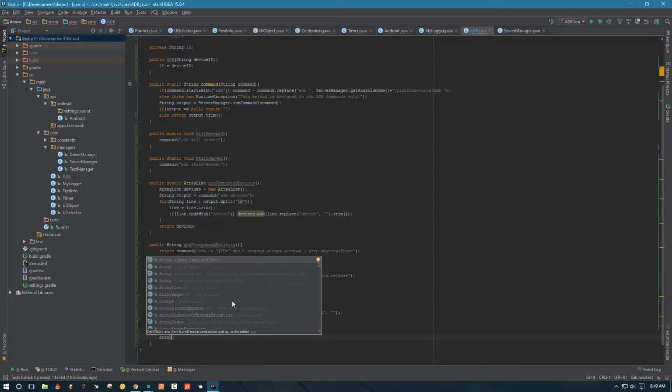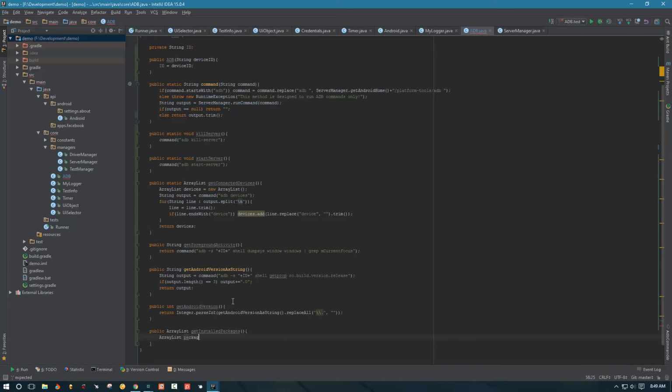So we're going to create an array list to hold our packages, and then we're going to create a string array that's going to hold our output of the command ADB -s plus our ID, and then we're going to say our command, which is we're going to be using shell, and then package manager, and we're going to tell package manager to list all the packages, and then what we're going to do, we're going to split the output by new line,